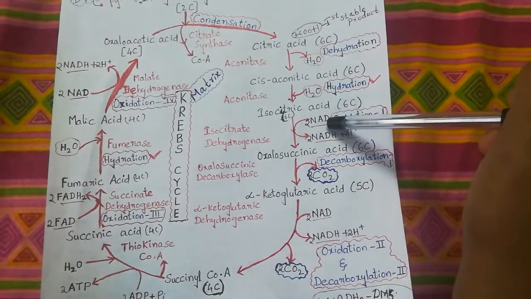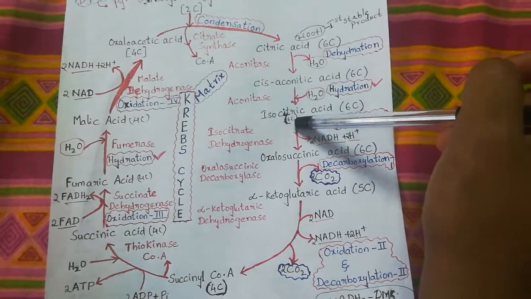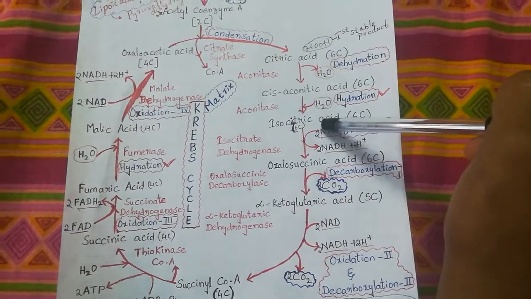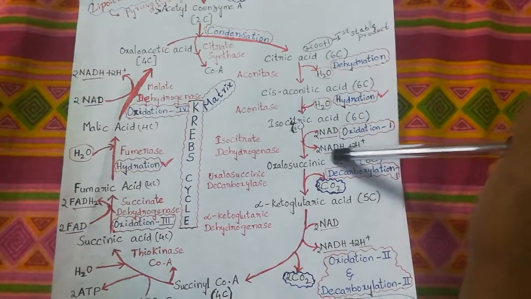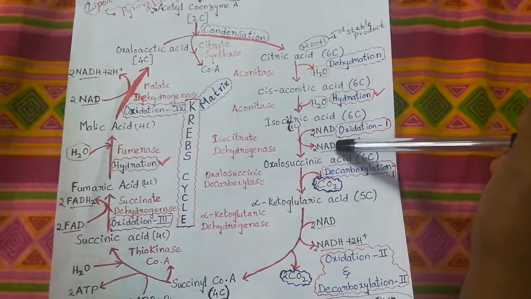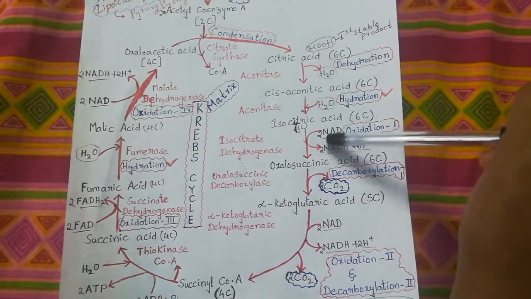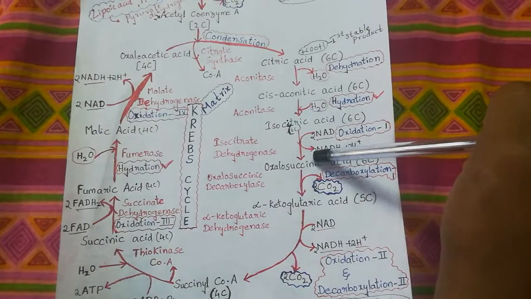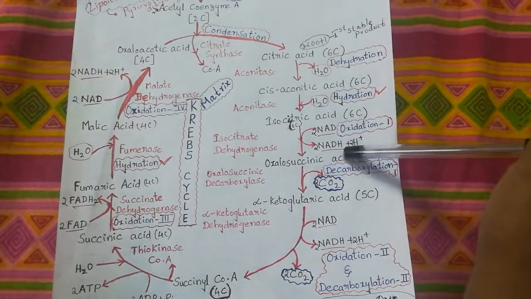So during this oxidation process, the hydrogen atoms which are removed, step by step in sequence as we have discussed just now, will be accepted by the NAD coenzyme to form NADH2. For one turn of Krebs cycle, it will form only 1 NADH2 at each oxidation. But for 2 turns of Krebs cycle, it forms 2 NADH2s.